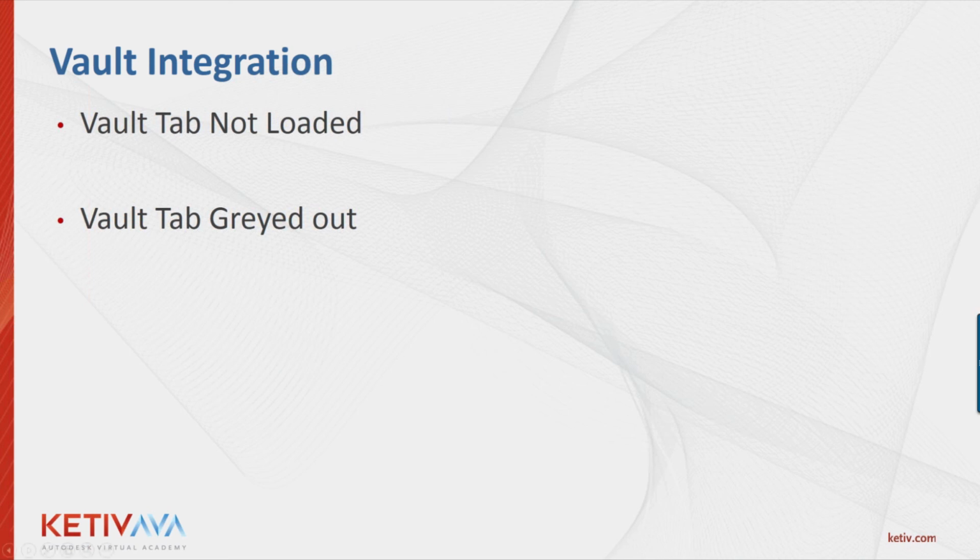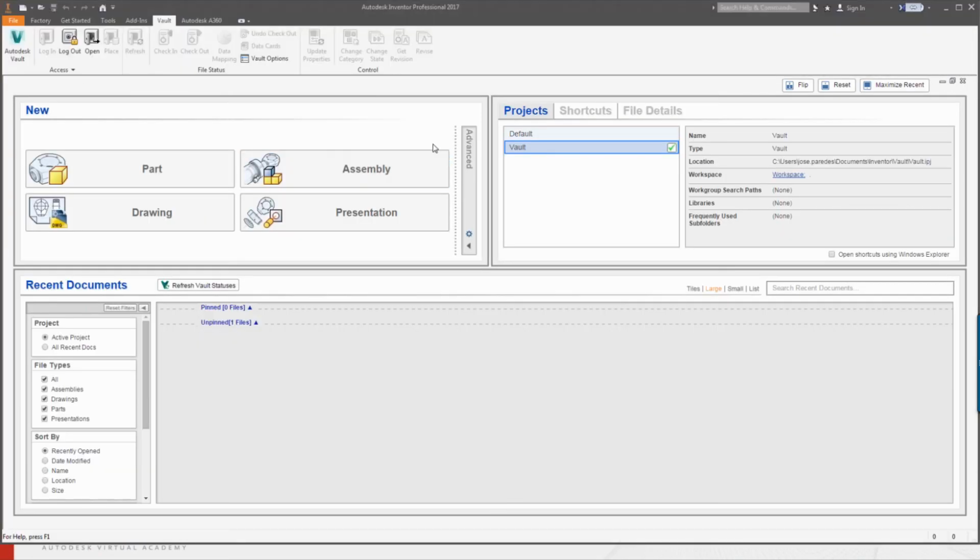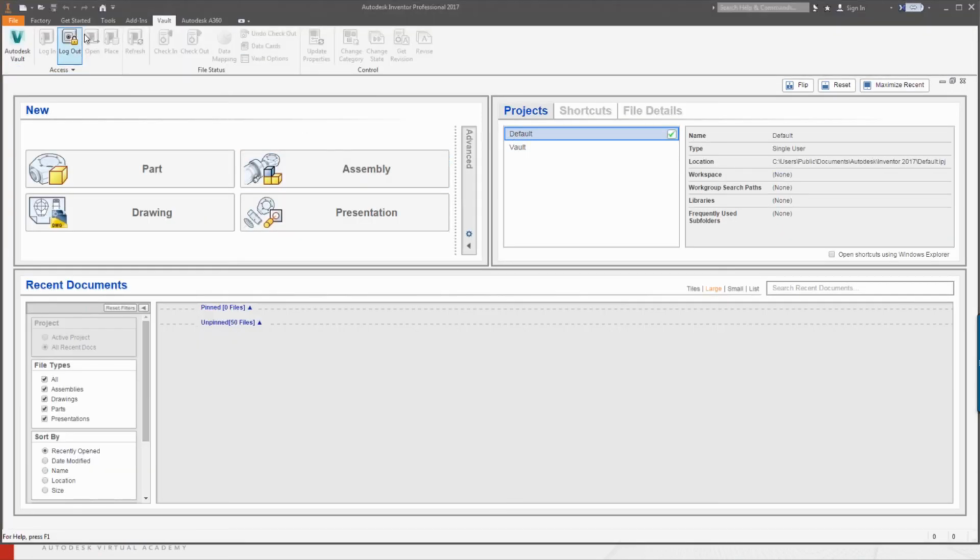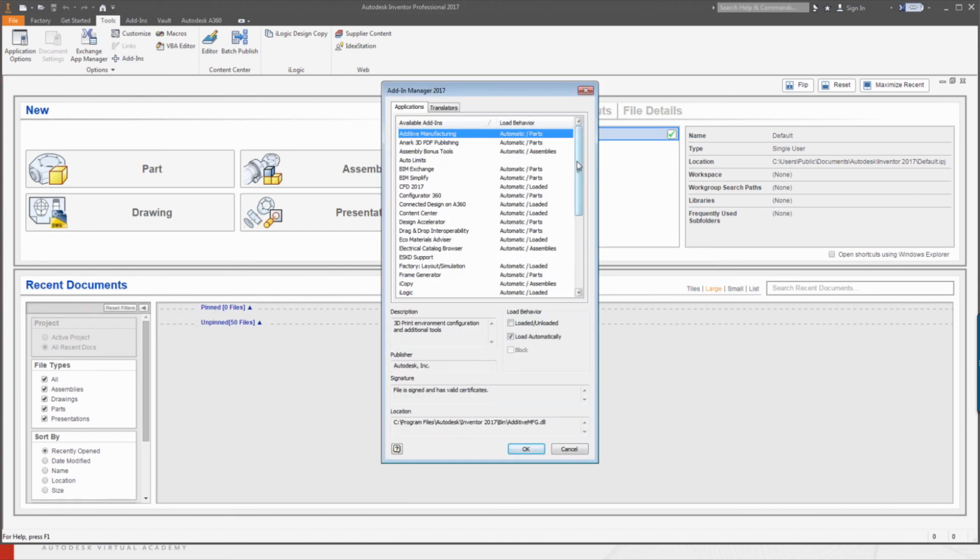As we can see here, I have my Inventor. As you can see, my Vault tab is actually loaded here. It has the ability for me to log in, log out, and most of our customers sometimes will see their Inventor